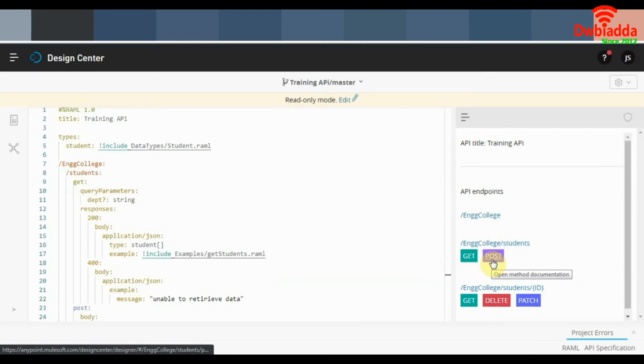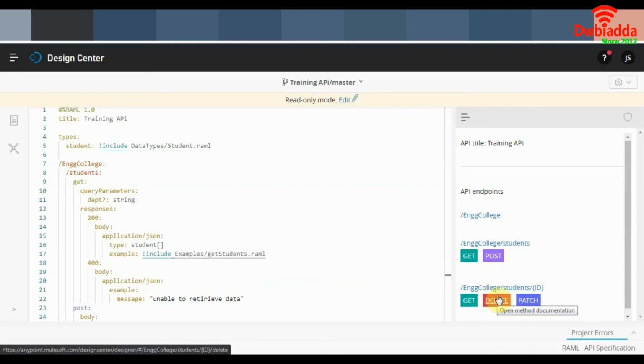Post for posting details regarding a new student in the college. Get by ID, which will fetch a singular student based on the ID we provide in the URI parameter. Delete will delete a student from the database. Patch will update the details of a student.